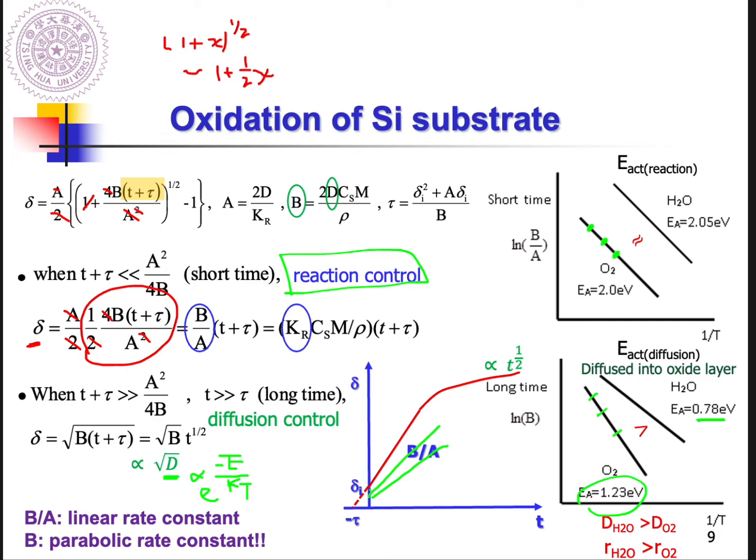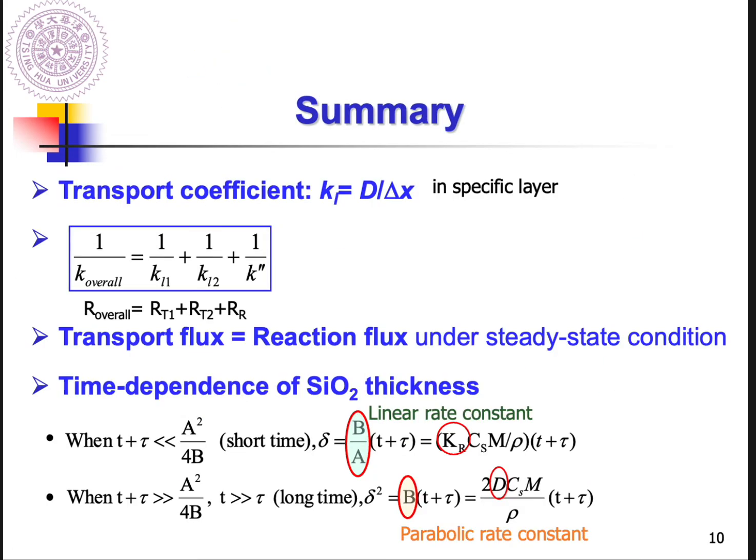Okay, so I'm going to give you a summary for this first part. The transport coefficient: we introduced a new term, which we call the transport coefficient, k equals diffusivity divided by the thickness of the film layer. As long as you have a higher transport coefficient, that means the molecules are transported, diffuse, faster in that